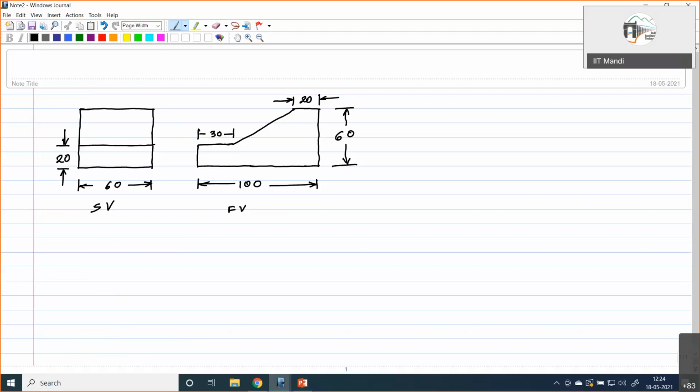Now we have to draw the isometric view for this. So here now you see one inclined line at least we are having. This one inclined line is not along any isometric line. So what we'll have to do is look at this corner on the isometric line, and then we'll have to complete the drawing.